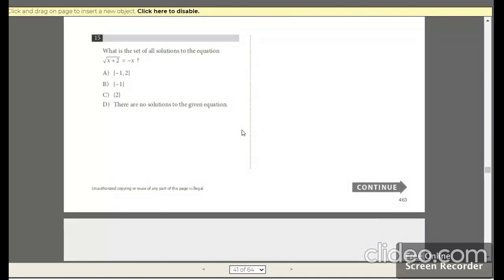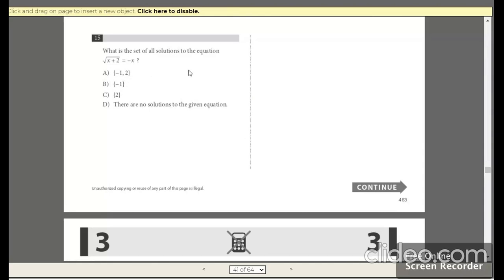Moving on to question number 15. It's pretty simple because the solution set is given to us. So the best way is to plug in and check. I have a root thing over here. Now my solution is -1, I'm keeping it over here. Minus of -1. So this will give me root of 1, which is +1, equals 1.